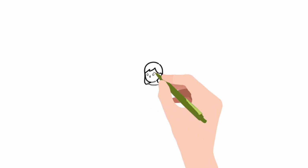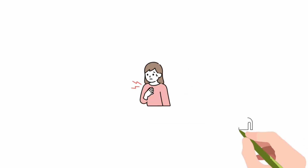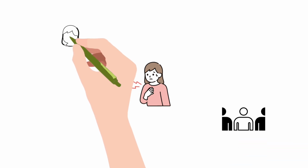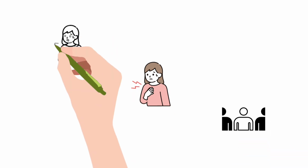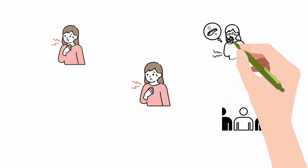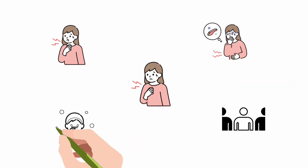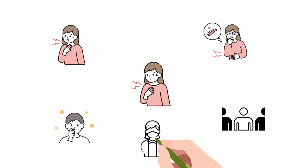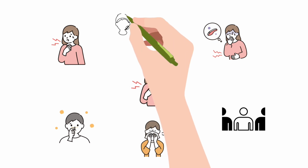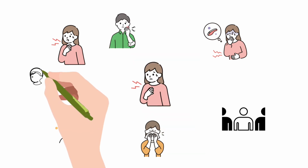What are the symptoms of a sore throat? The symptoms of a sore throat vary based on the underlying cause. The most common symptoms include pain in the throat that worsens when swallowing or talking, difficulty swallowing, coughing, sneezing, and a runny nose, fever, which is particularly common with bacterial throat infections, where the patient's temperature may exceed 38.3 degrees